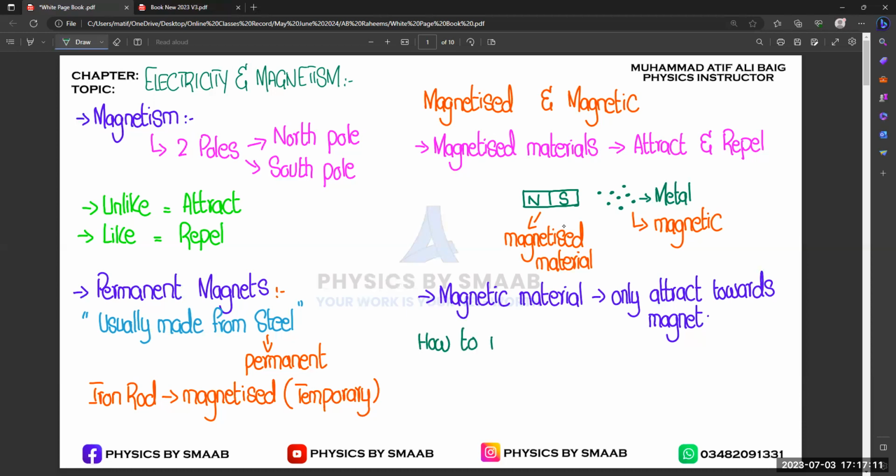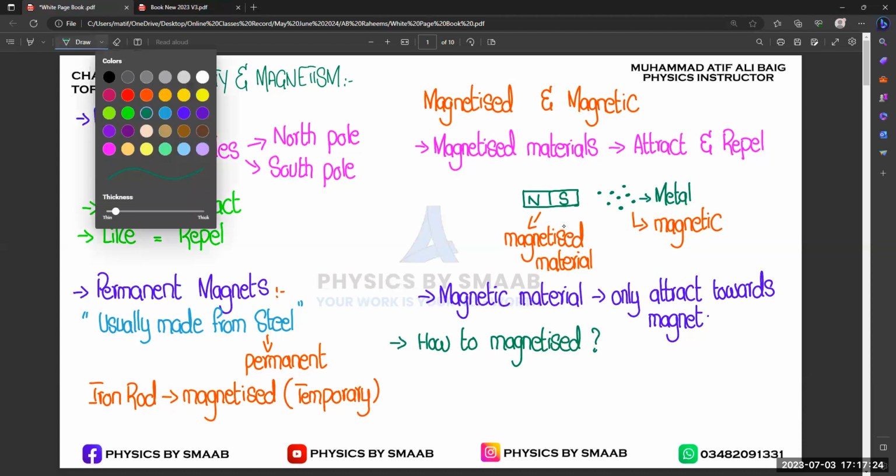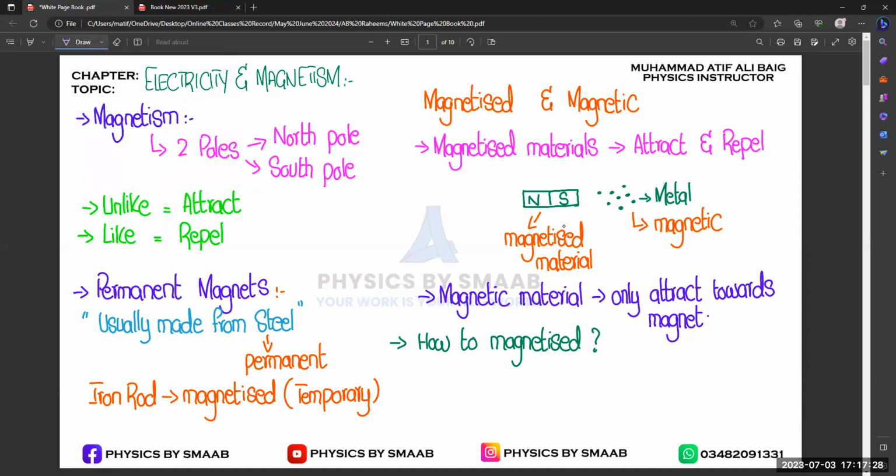So how to magnetize? Basically the methods we use in our daily life, or in the laboratory, to magnetize the material. Those methods are, number one, by means of electricity,